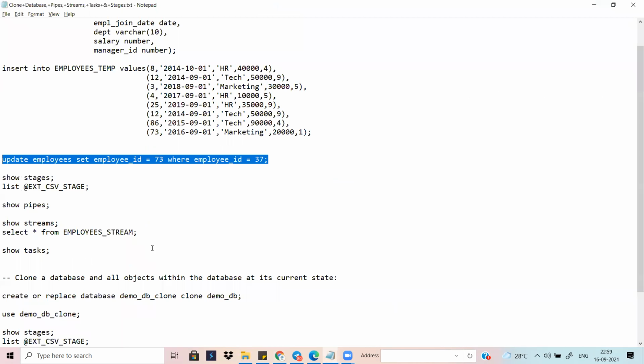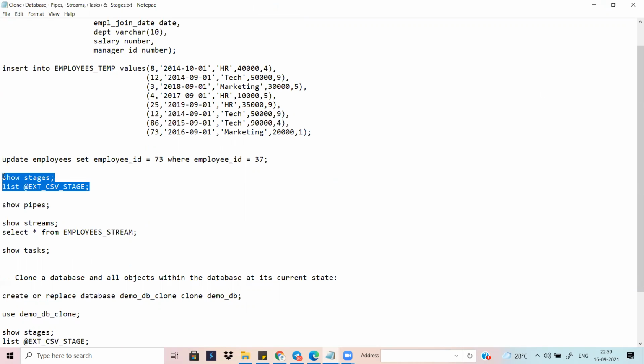Some records are updated under this condition. So check this value.